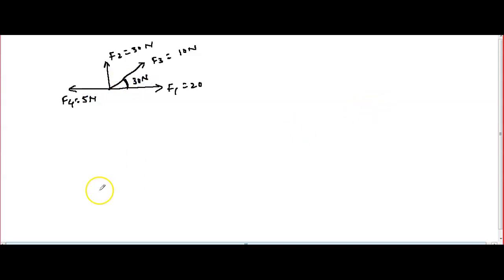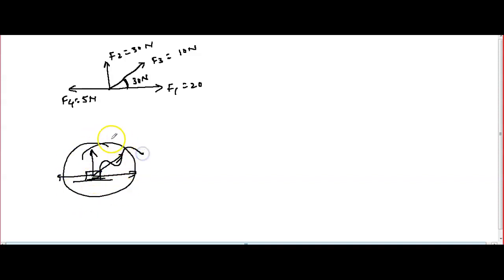Then you have to, means consider here, this is a textbook. One, your friend is pulling in this direction, another in this direction, another in this direction, and another in this direction. So this whole system will be moving in some other direction with some net force that you have to find, and alpha you have to find. Means the resultant you have to find and alpha you have to find, the angle of the resultant.